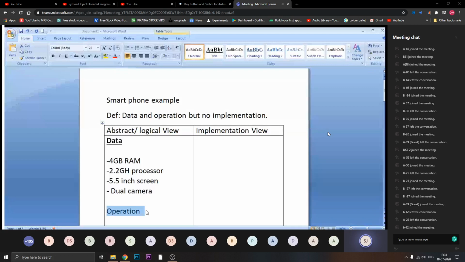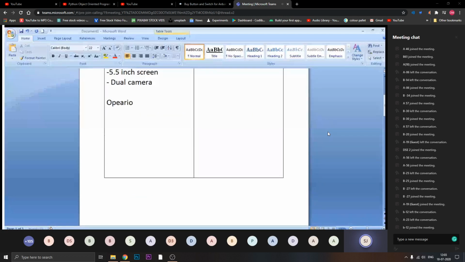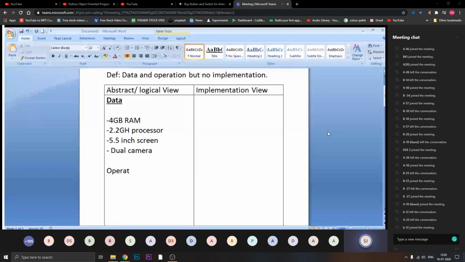Now for operations, just wait a minute. So data is there, and operations are there. I've given you the data part, and next one is operations. So what kind of operations should my smartphone do?